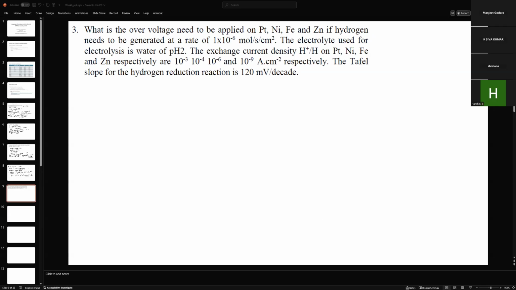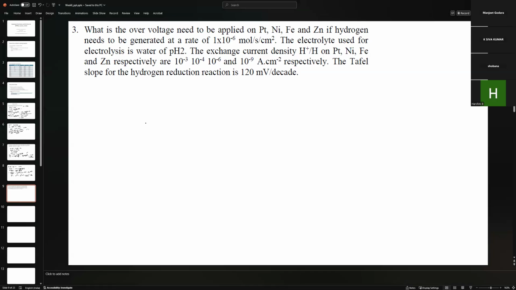So let's see. So let's first calculate the current density we need. So we are asked to generate 10 to the minus 6 moles per second per centimeter square. So the reaction is H plus 2 electron gives H2. So the current required for 1 mole, to convert 1 mole of material, like charge transfer for 1 mole of hydrogen reduction would be